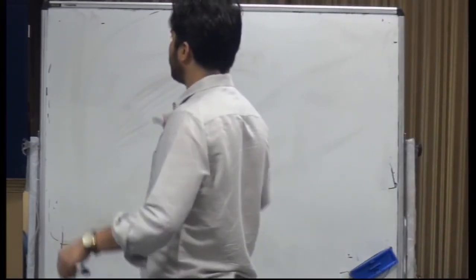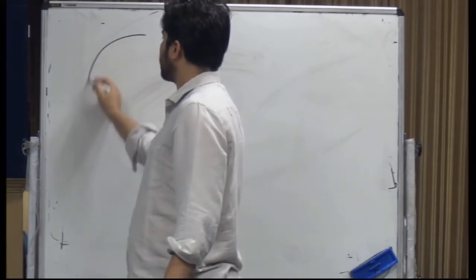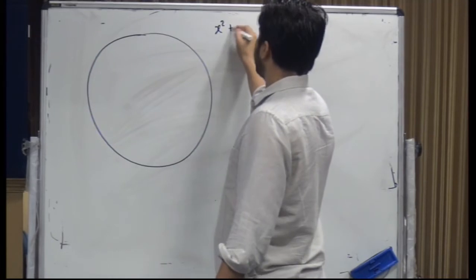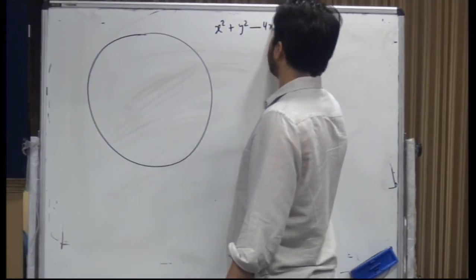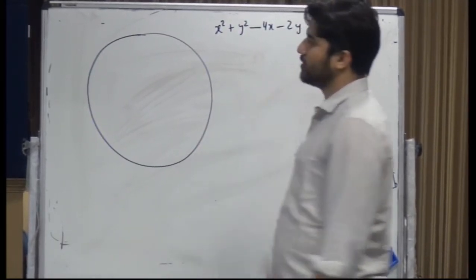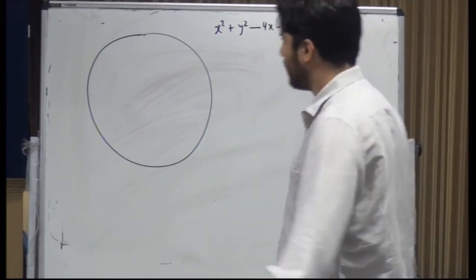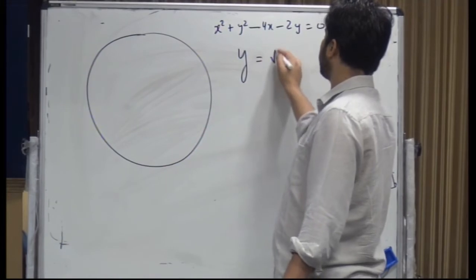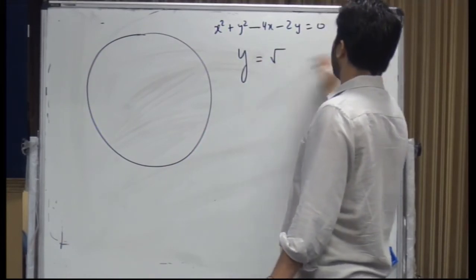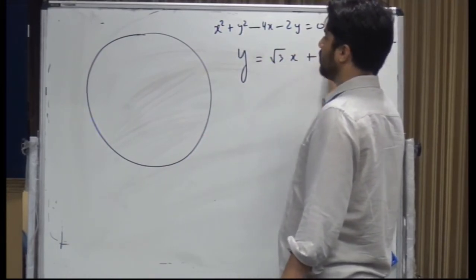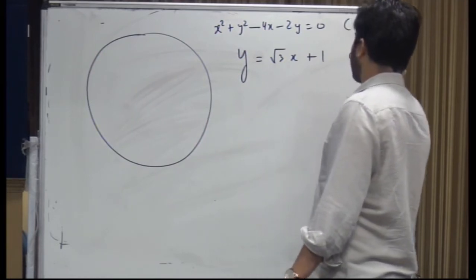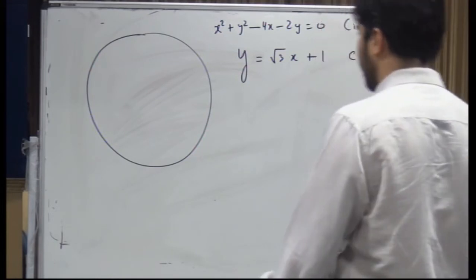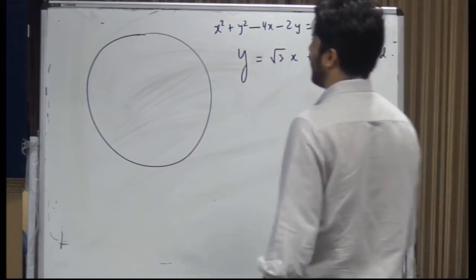Now here what they want is they have given you a circle, right? They have given you a circle whose equation is x square plus y square minus 4x minus 2y is equal to 0. This equation is given. Then you have given a chord. This is the circle and this is the equation of chord, right? Equation of circle is given and equation of chord is given. Now they want you to find